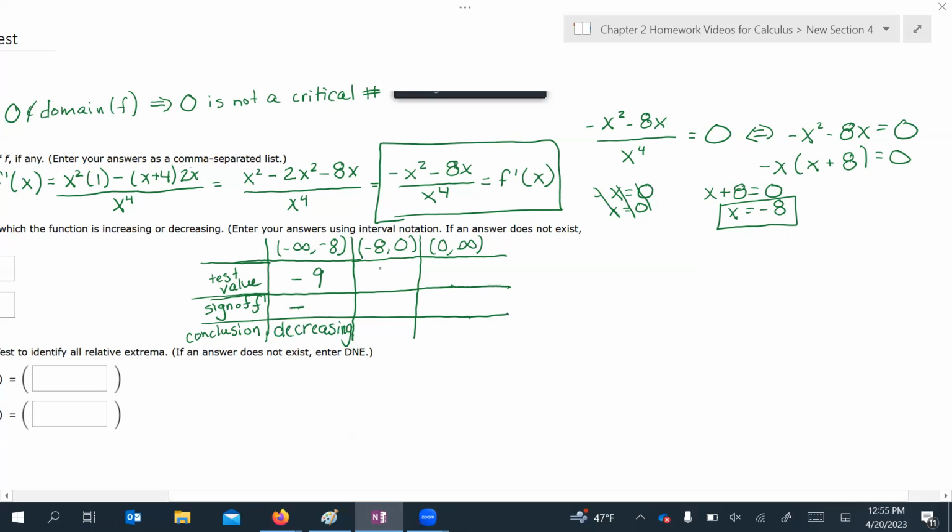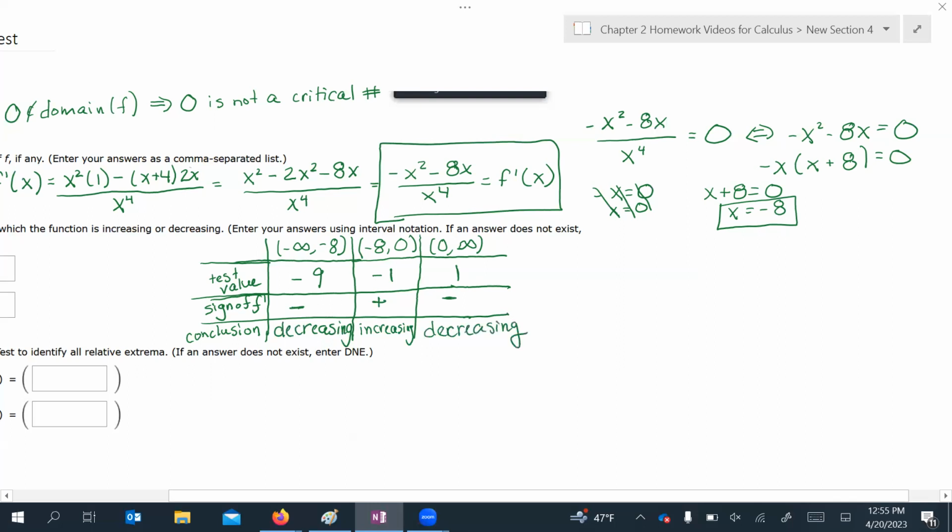From negative 8 to 0, I'm going to choose negative 1. For negative 1, we have a negative 1 plus 8. x to the fourth is positive across the real numbers, so we don't even consider that denominator for the sign. So I have negative 1 plus 8. This is going to give me a positive, so I'm going to see that it's increasing in that interval. And then from 0 to infinity, I'm going to use a test value of 1. For 1, we're going to have a very negative f prime. So it's going to be decreasing